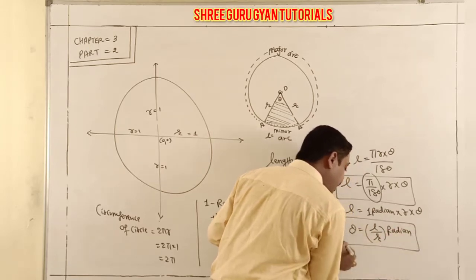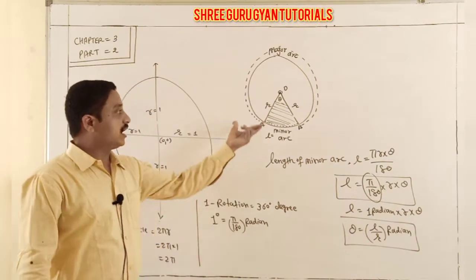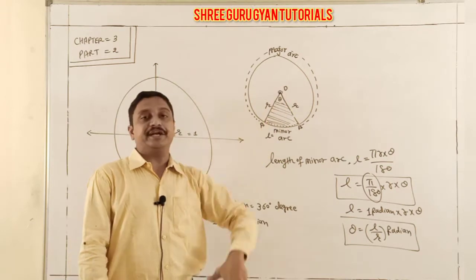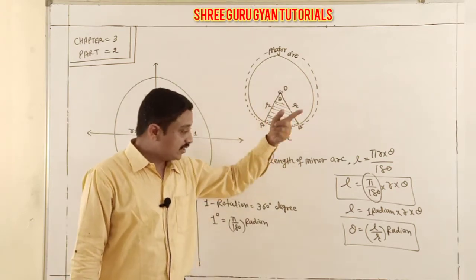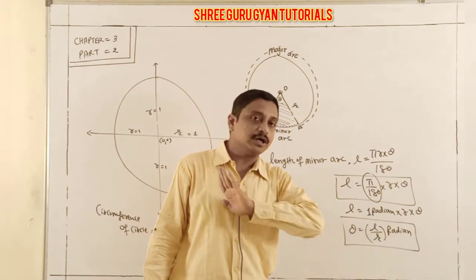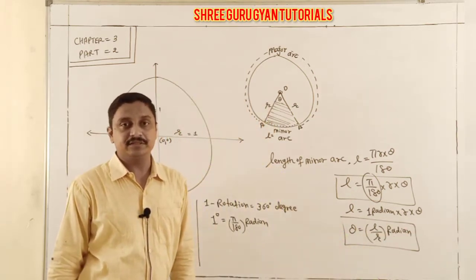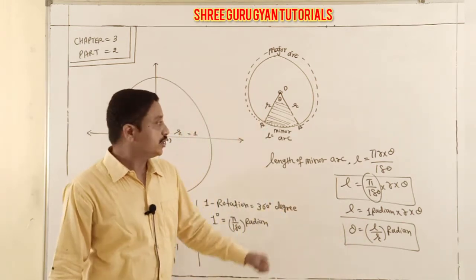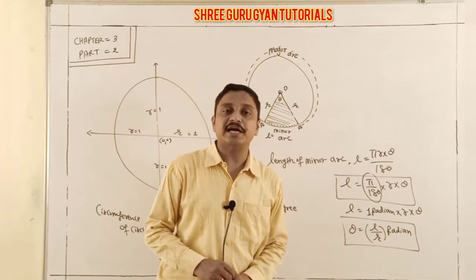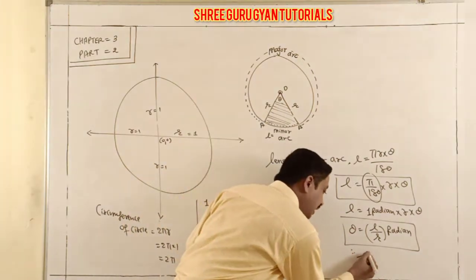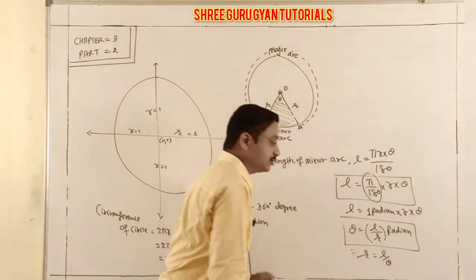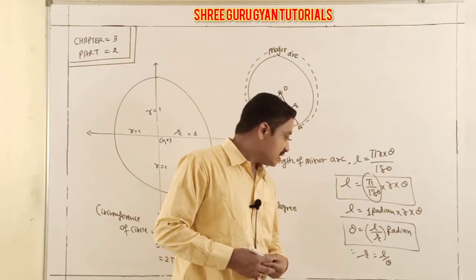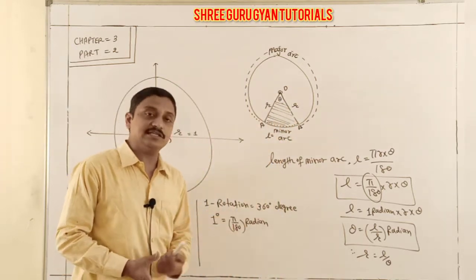And this is the property for this minor arc making an angle theta at our center. Students, here theta always stays in radian measure, not in degree measure, because this L and R value is also given in radian form. That's why the property is theta equal to L by R. Sometimes you utilize R equal to L upon theta also, just by cross multiplying. So either R is equal to L by theta, or theta is equal to L by R.